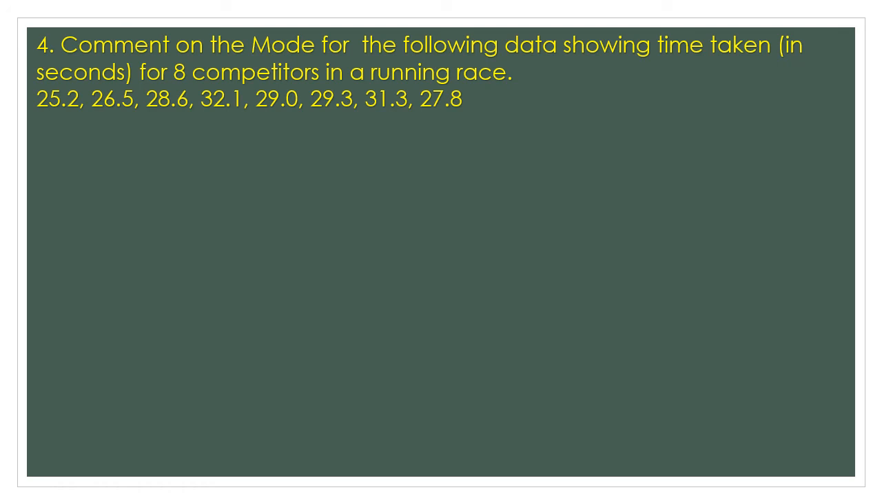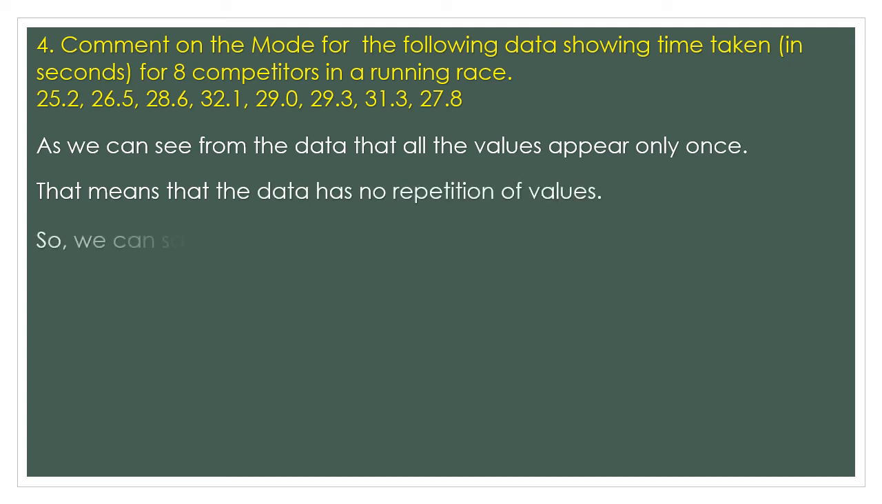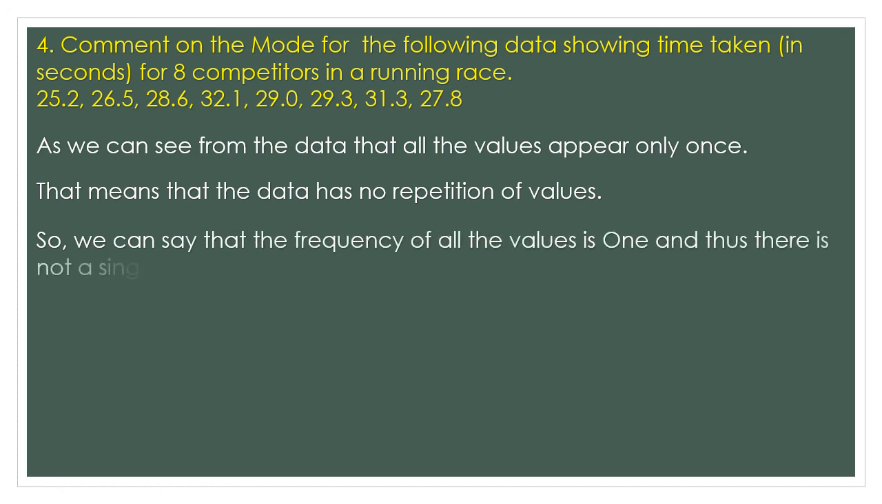Now I think you just look at the data and see if any data has been repeated. As we can see from the data, all the values appear only once. 25.2 or 26.5, any value appears only once. The data has no repetitions of values, and so we can say that the frequency of all the values is 1, and thus there is not a single value which has been repeated